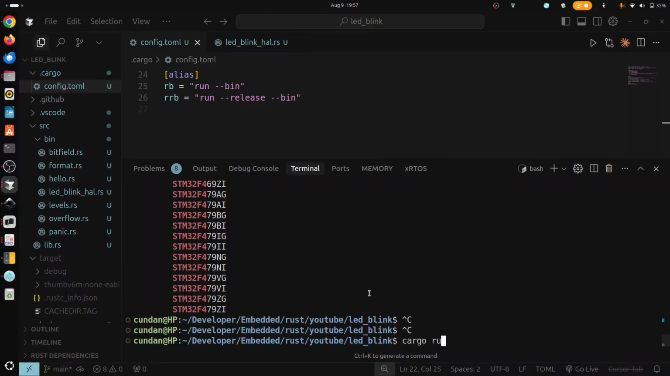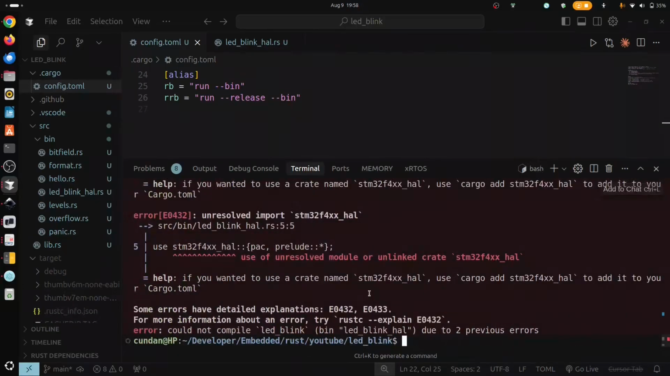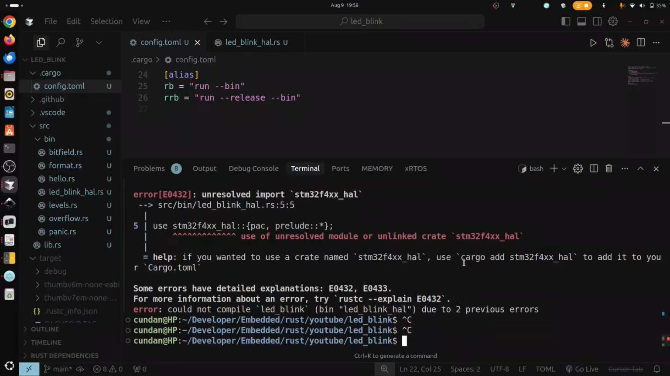So you can use the command cargo run --bin and the name of the rs file that we have used, led_blink_hal. No need to give .rs. As you can see, it is building. Yeah, sorry,